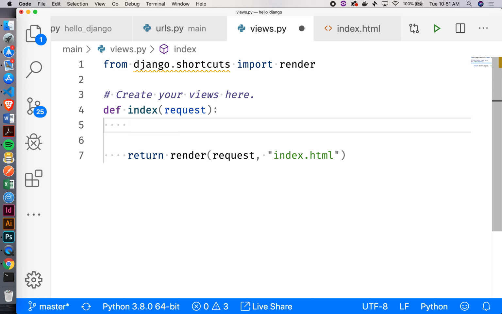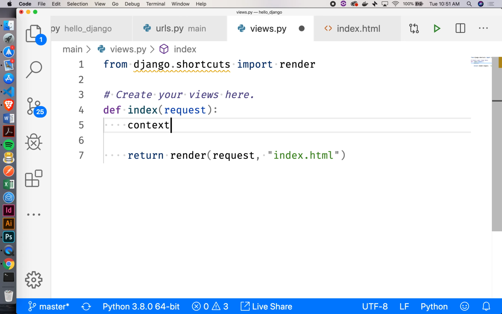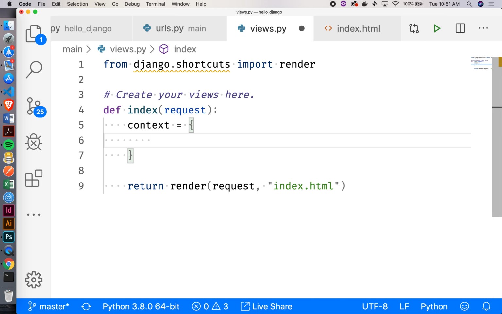So I'll say context. I'm going to make a dictionary, and then inside there, the key names are going to be the things that I have access to inside my template. So let's say I'm just going to pass in a first name,